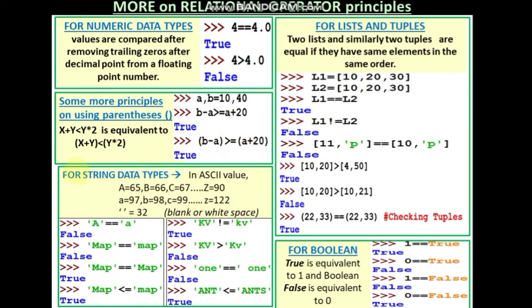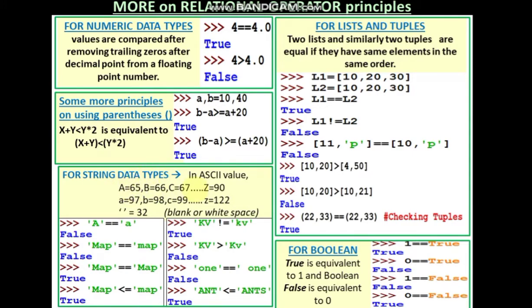Now moving on, for storing data types, ASCII value, American Standard Code for Information Interchange. Remember that ASCII values are given for every character. On the keyboard, every character has some equivalent ASCII value. So remember, capital A is 65.